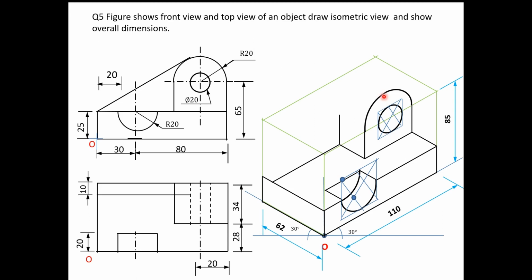Now this circle is like this, so transfer it here, again transfer it back side here. How much distance? 34 mm. So transfer this circle, centers at 34 mm distance apart, and draw this. Again transfer this. Now from this edge join this, also from this edge join this. So here we have completed. Last is this tangent, so draw this tangent here. Now this question is completed.